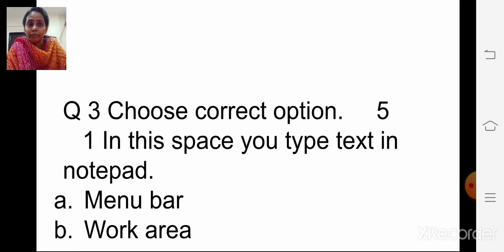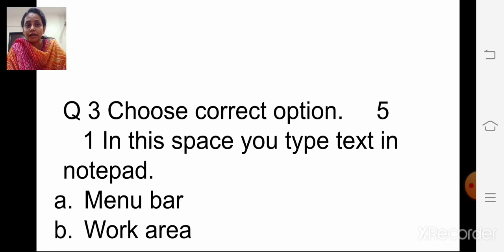Question number 3 will be choose correct option. Choose correct option. This question will be for 5 marks. The example is, in this space you type text in notepad. One example is given for this. 2 options will be there. Menu bar, work area.